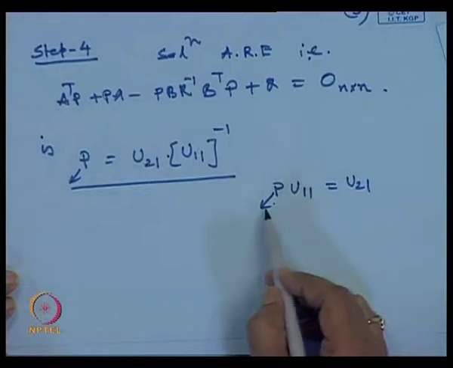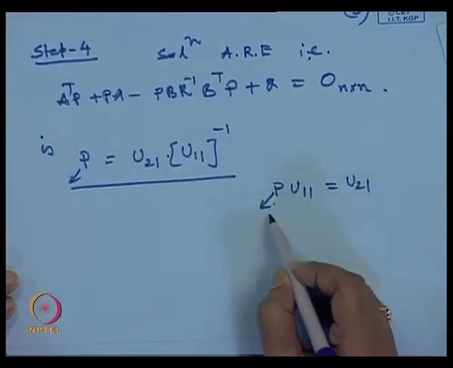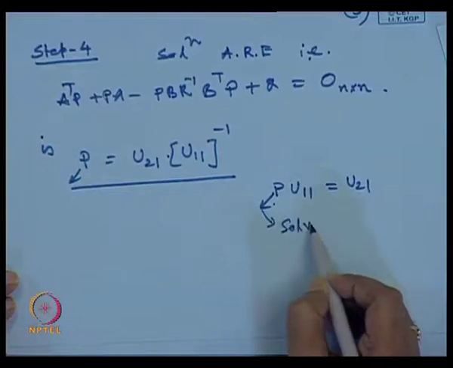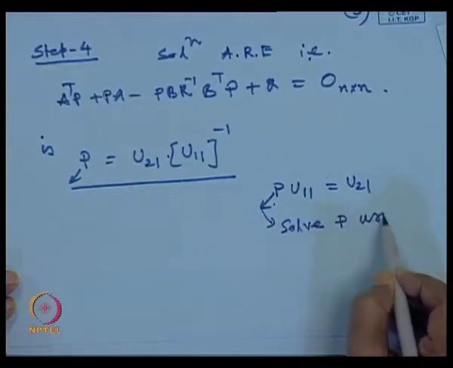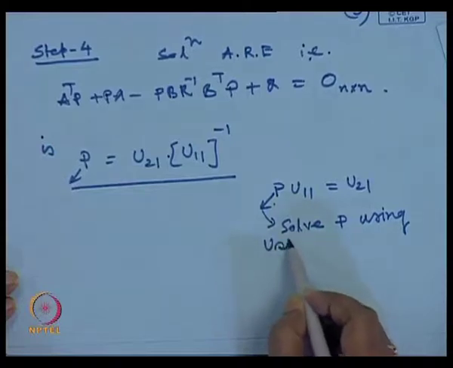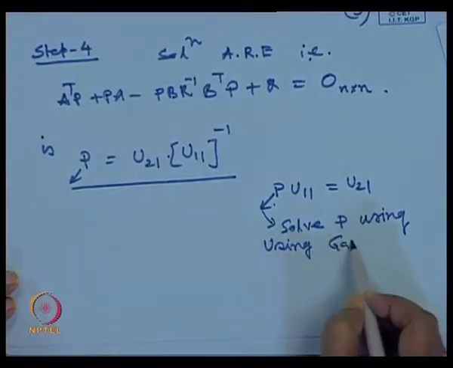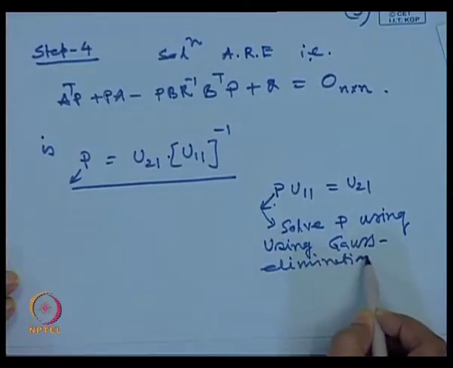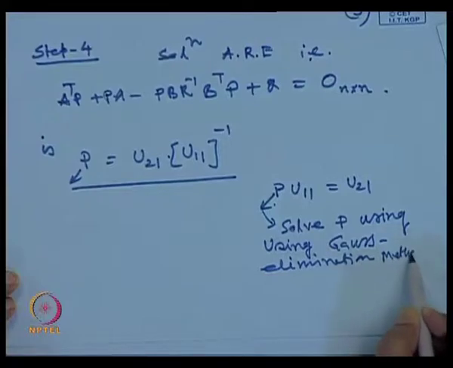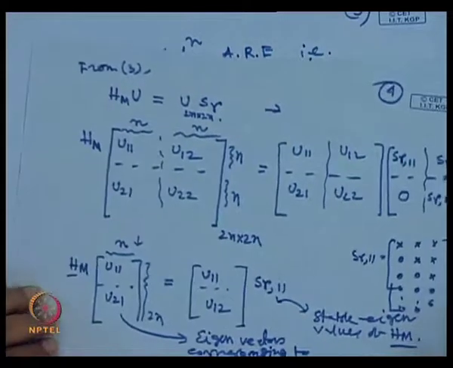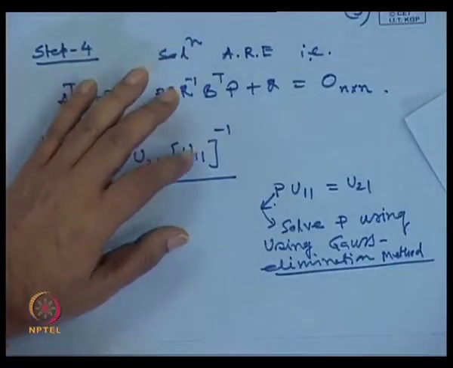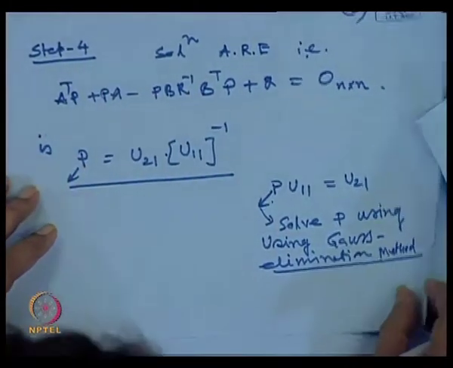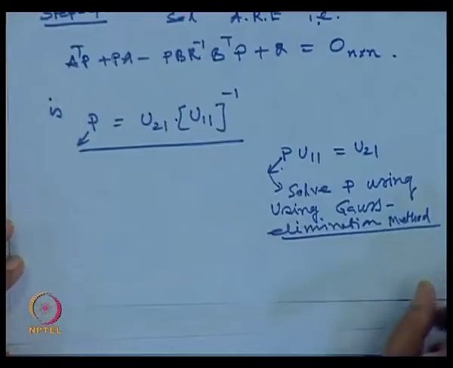So, since we can solve it, solve P using the Gauss elimination method, just to avoid the inversion of this matrix. If it is a large dimensional problem, one should avoid the inversion of this matrix and solve it by the Gauss elimination method. So, if you see the advantage of this method, we can